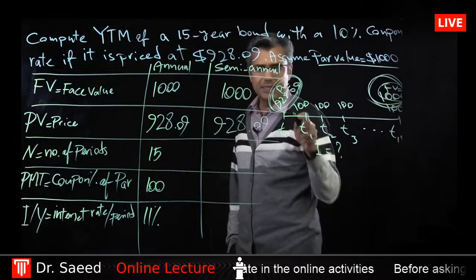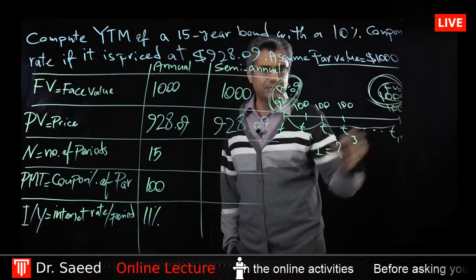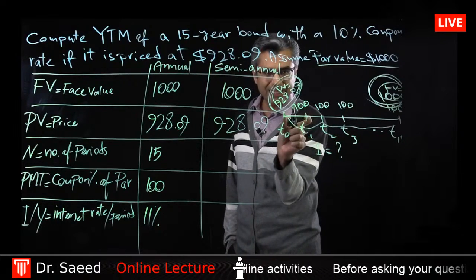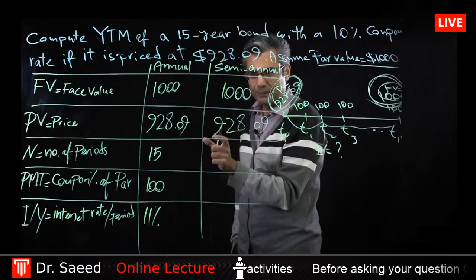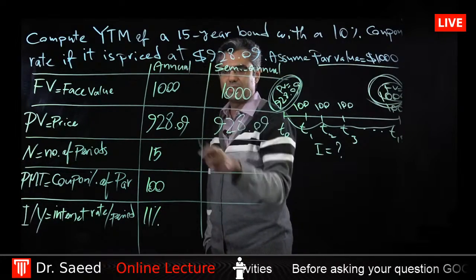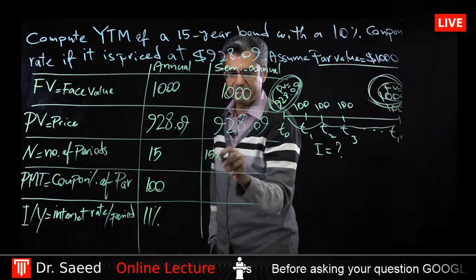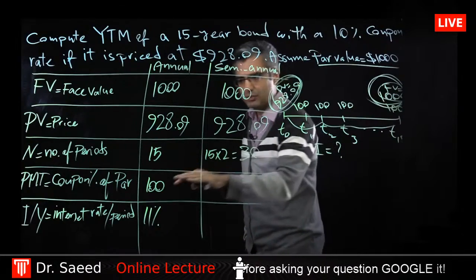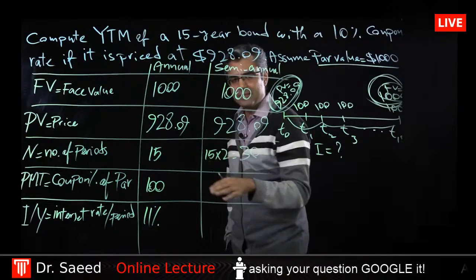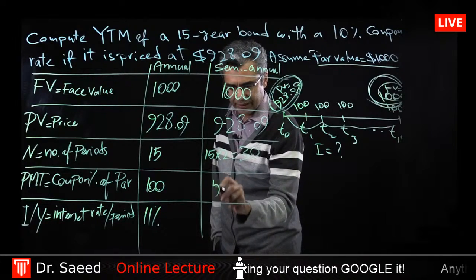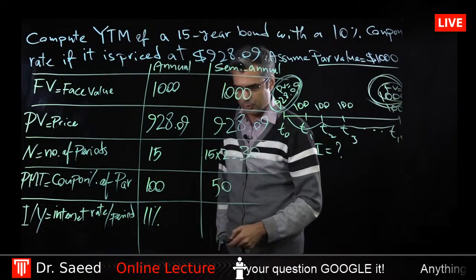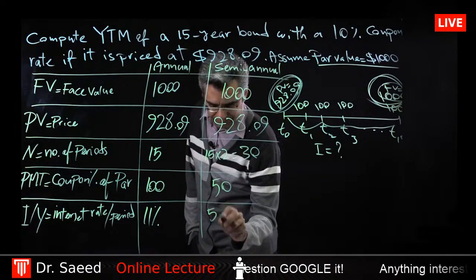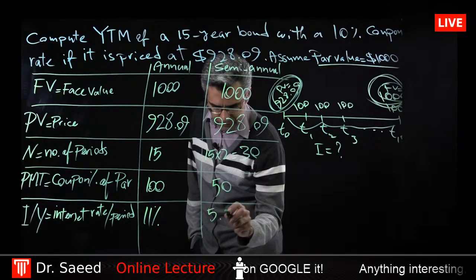But for number of periods, when it was annual, it was 15 years till maturity, 15 periods till maturity. But now, for semi, we assume every year we have 2 periods. Every year 2 periods means 15 years till maturity is 30 periods. For the payment, $100 per year means every 6 months, $50, right? Divide by 2. So now if you enter this into the calculator, and then you compute I over Y, what you will get is